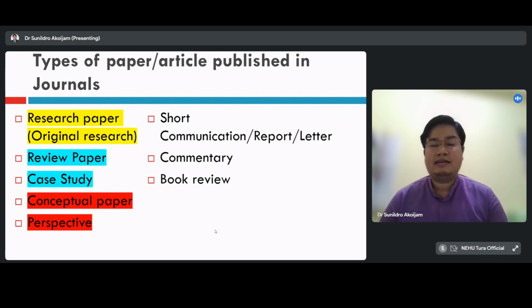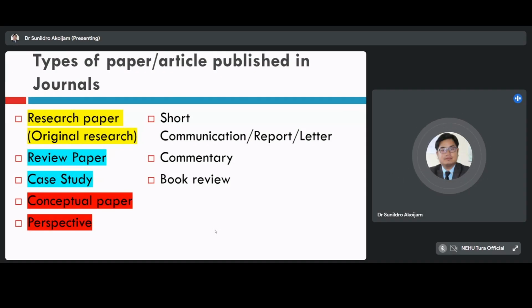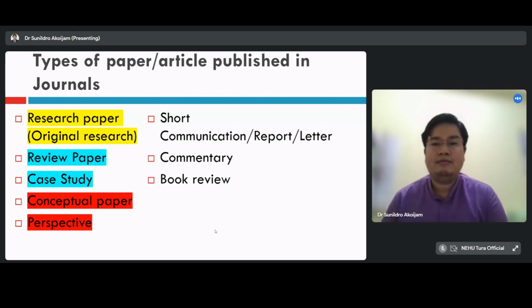Okay, so these are the types of papers that are normally published in journals, and all these types of papers or articles published in journals have certain points or marks as per the API which was introduced by the UGC. But leaving this, when we go to the right side, there are three more categories which are not actually papers, and these types of articles don't normally carry any points when we talk about calculation of API as per the UGC norms. But you need to understand what these three types of articles are, and what is the importance of this type of article being published in journals.